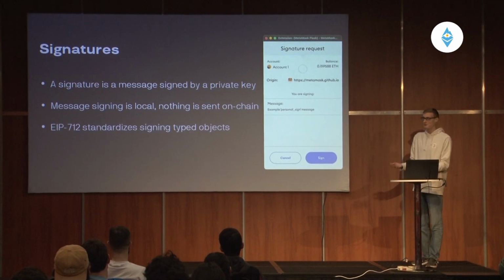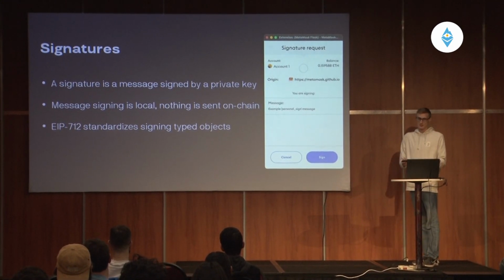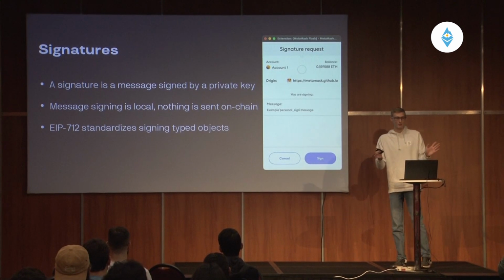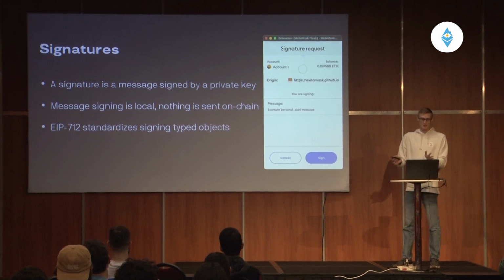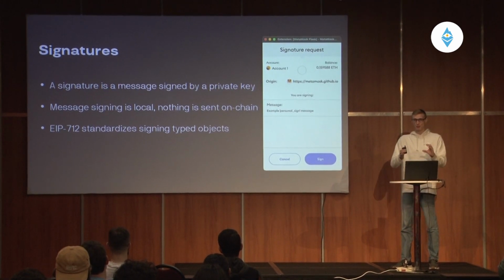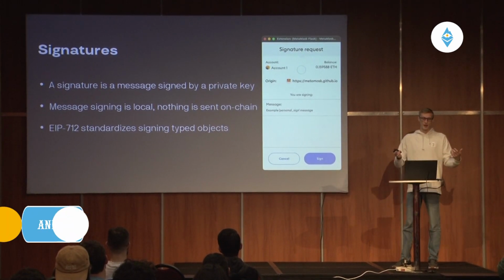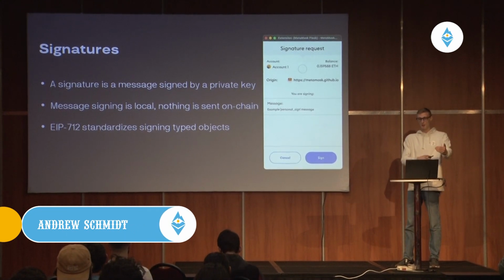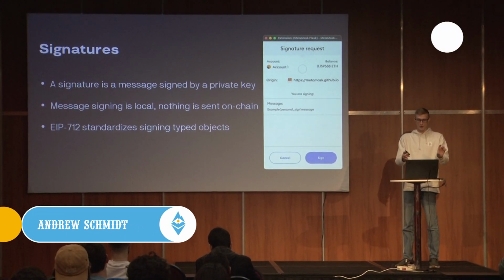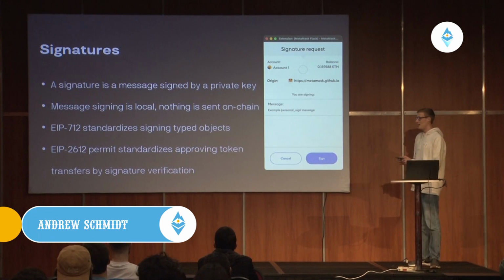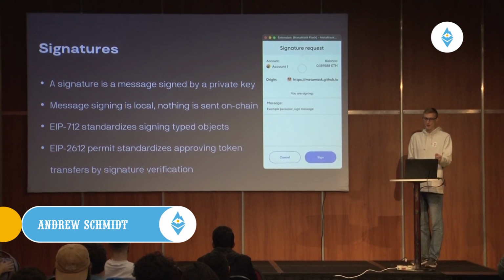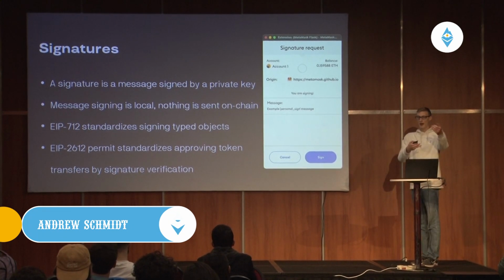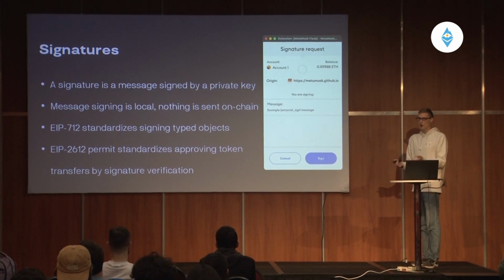And what's really important after that is what can you actually do with these signed strings? So I'm going to throw a couple numbers at you, but hopefully it's not too overwhelming. EIP 712 is sort of the basis for signing messages. It defines how you're able to send an object to the user's wallet, which breaks down exactly what they're signing. And then EIP 2612, also called permit, standardizes the process of passing data to the user's wallet, which enables them